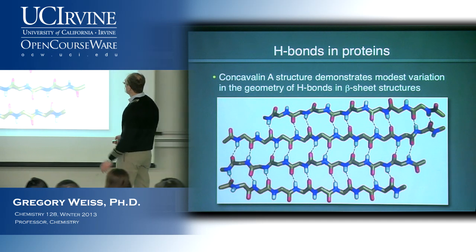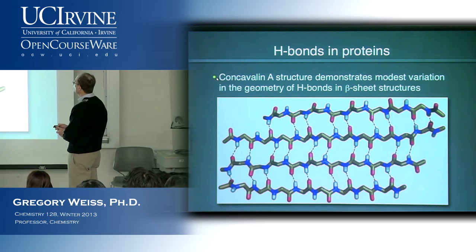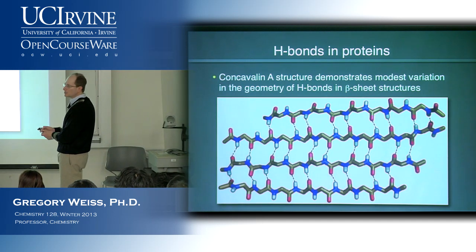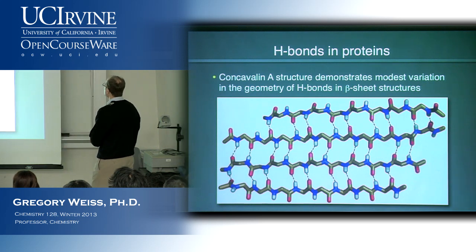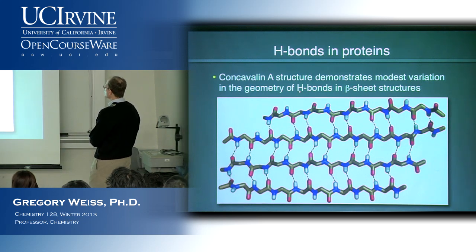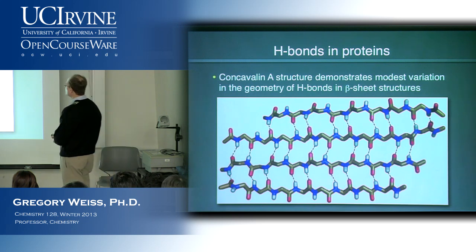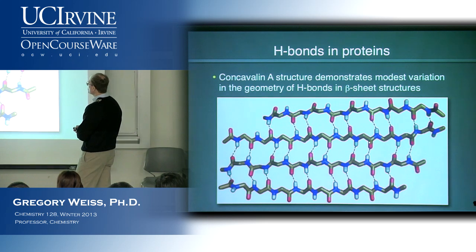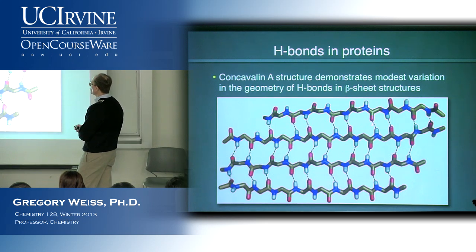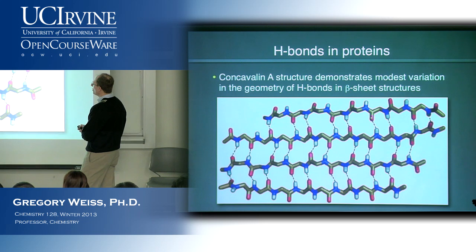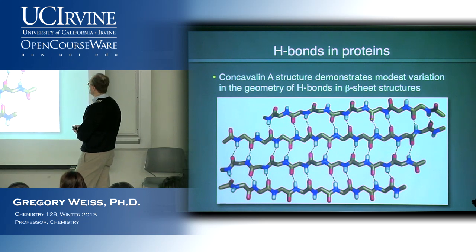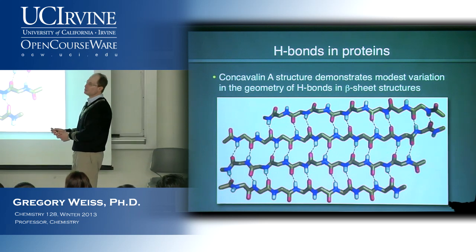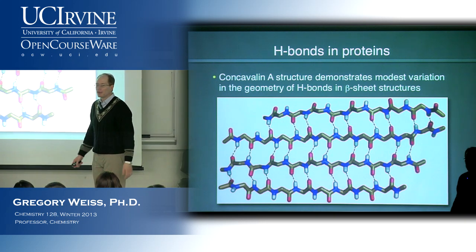Okay, so this is the structure of a beta sheet protein called concanavalin A. I'll talk more about beta sheets in a moment. But it demonstrates the variation in the geometry of hydrogen bonds that's possible, all the way from straight to angled. But in general, angled predominates. Notice that the hydrogen bonds we're talking about are between the NHs of an amide from the backbone to the carbonyl of a backbone, where again, the carbonyl is the hydrogen bond acceptor, the NH is the hydrogen bond donor. Exactly what we've seen before.